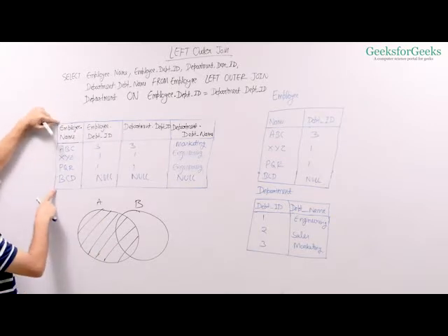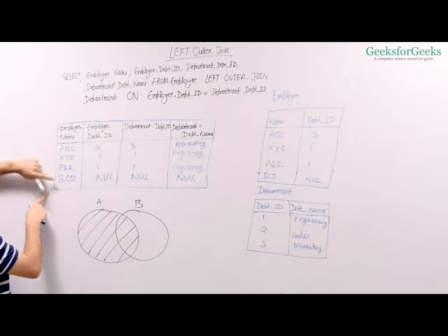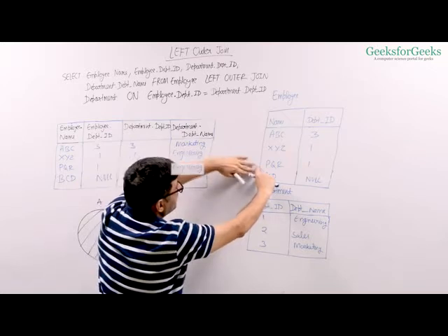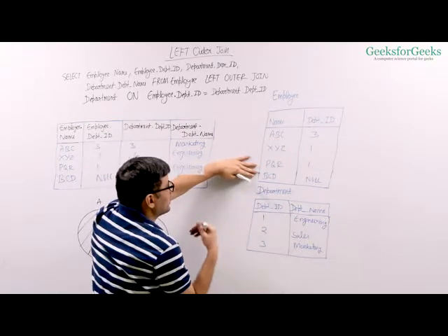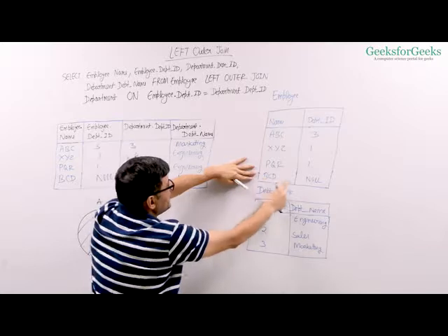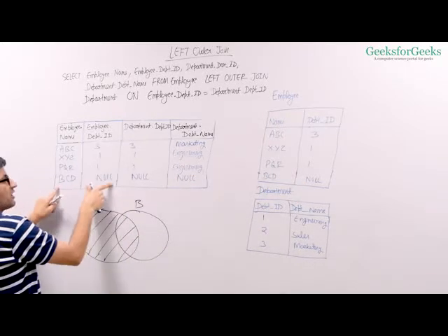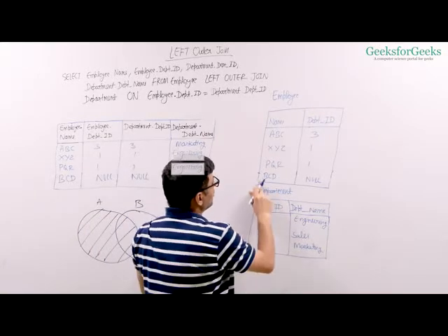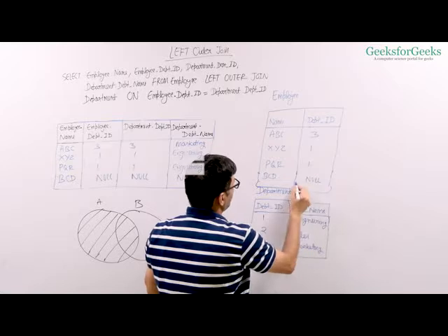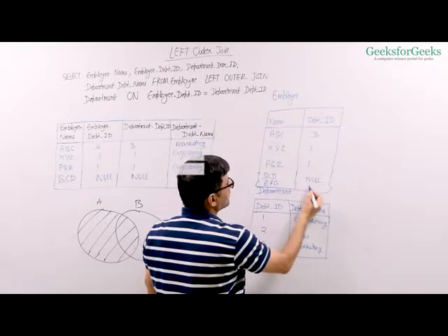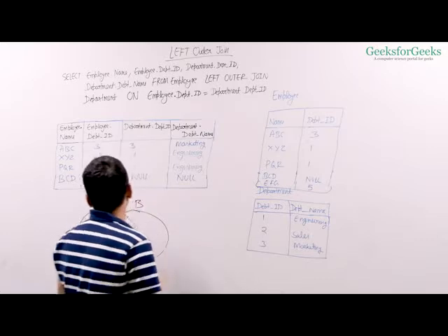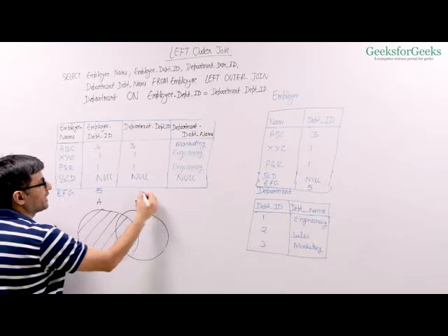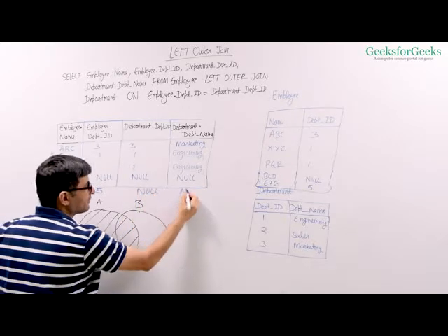If you compare the result with the previous query, we have one extra row here. This row corresponds to the row of the first table which does not match with any department. So you have BCD, null also in the result, and null for the department. Suppose there was one more row with EFG and department ID as 5, which is not there. In that case, EFG will also come with department ID 5 and these two as null.